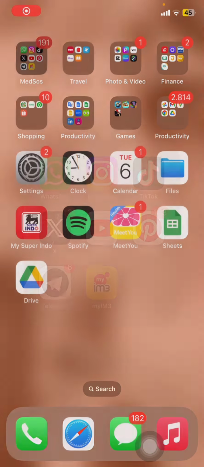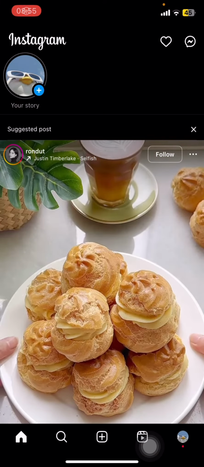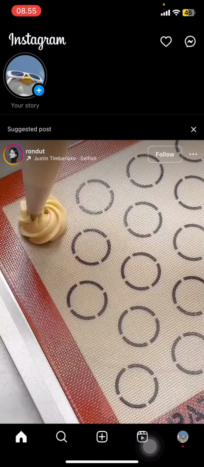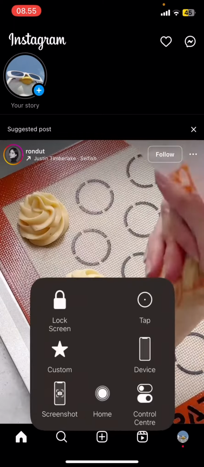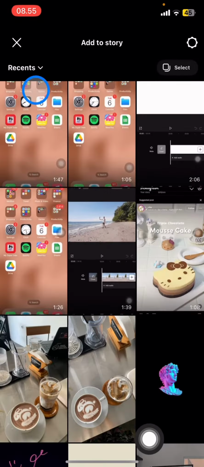So you just need to open your Instagram application and make sure that you are signed in with your account, and make sure also that you have already upgraded your Instagram to the newest version. And now you just need to click this plus button with the blue color to access your photo library, and pick which picture you want to use as the base picture for your